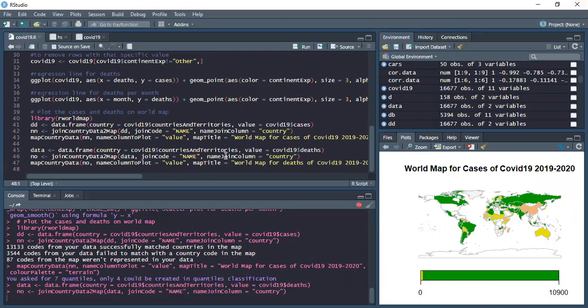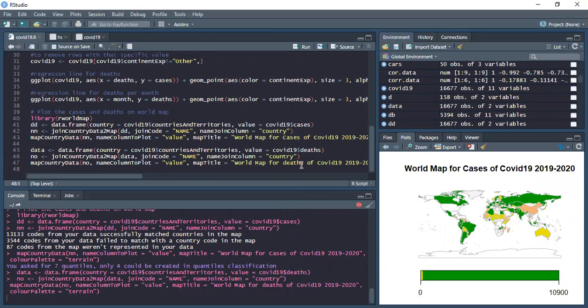Then we are going to view the deaths also. In short, we can conclude that America was having more deaths, more cases in that time, in these days, and Africa was least affected along with Oceanic continents, Oceanic countries.